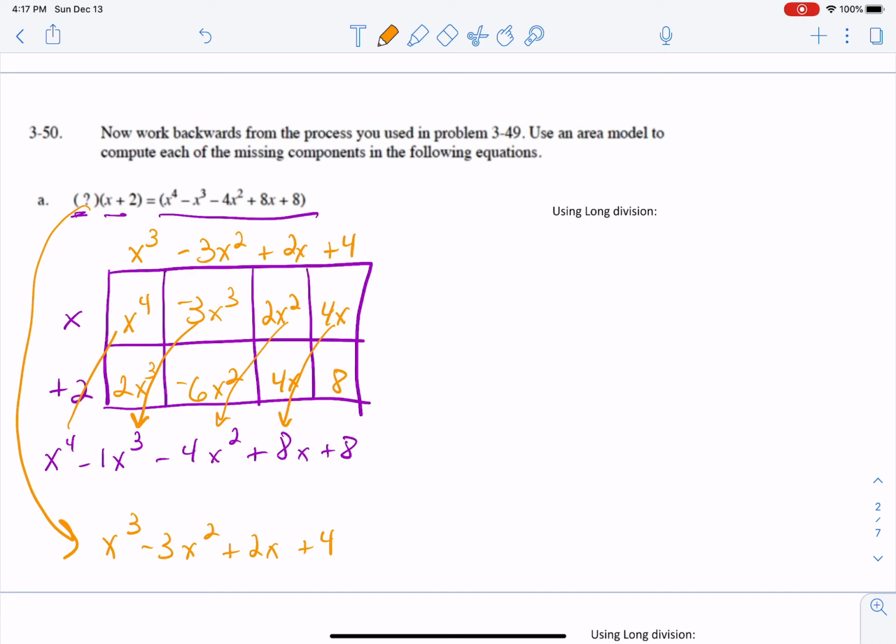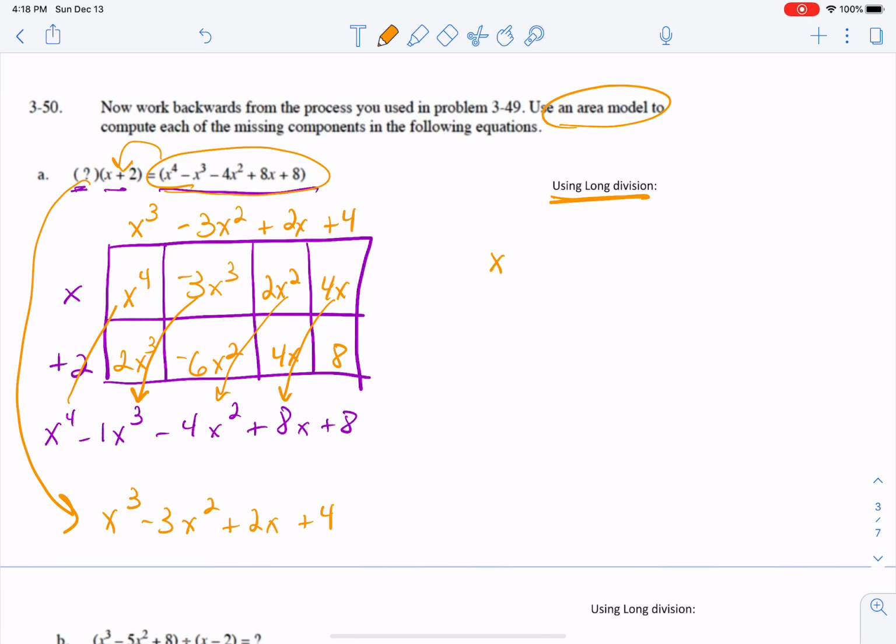So that's method 1, using an area model. I can also use long division, because what I'm really saying in this problem is this divided by x plus 2 gives me what? So setting up my long division,